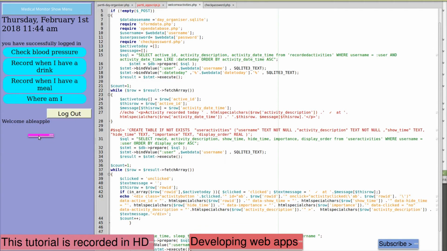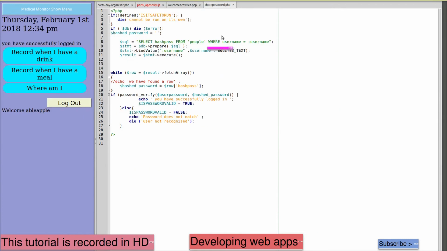In the app, loading the app calls JavaScript getUsername. If the user is logged into the app, getUsername calls login, and login posts data to the server welcomeactivities.php. Welcomeactivities.php is the file we've now displayed here. It opens our database, validates form data, sets our variable user password to be the data we've received from our post, and requires